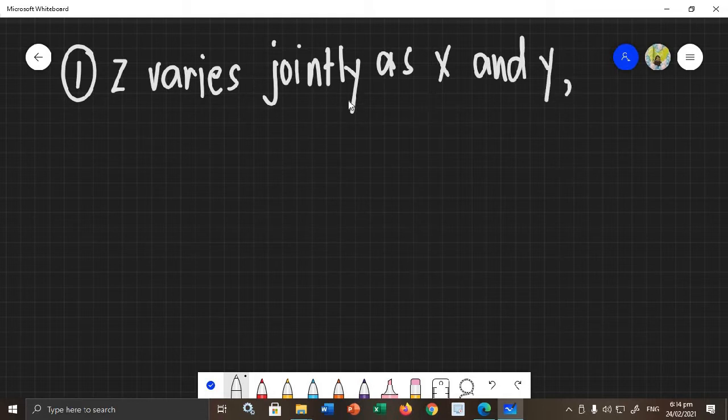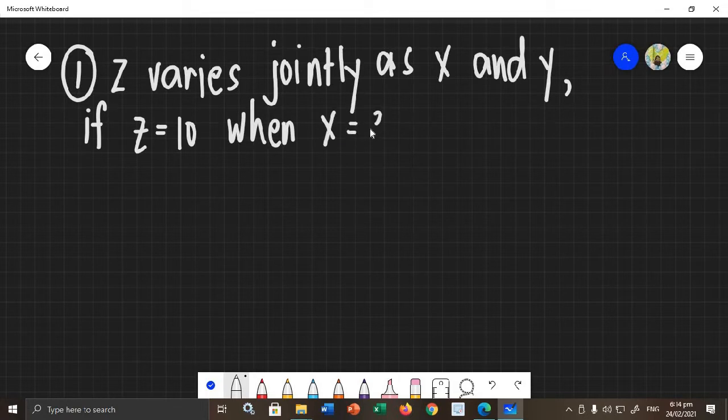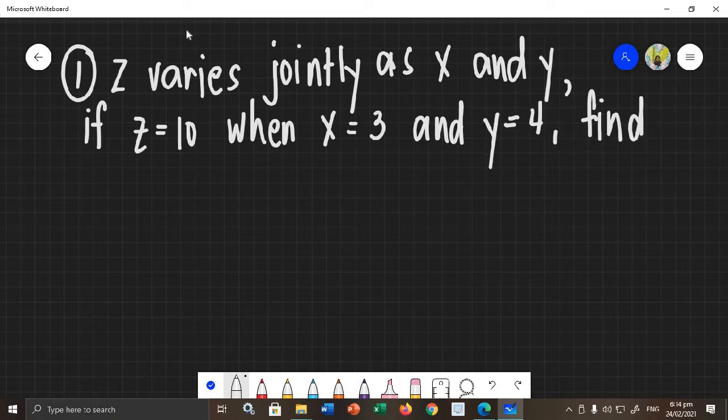So this will be your variation statement. Ito yung gagamitin nyo to derive the function. If z is equal to 10, when x is equal to 3 and y is equal to 4, you need to find the value of z